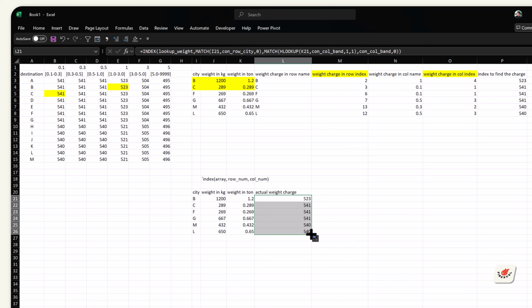523, and now we return every value. Now if we read this formula, it's pretty easy. We're saying we are looking up a range, which is the lookup weight, and then we're using the condition row city to find a row number, and also using the condition column band to find a column number. And then we supply these three parameters into this INDEX formula. We found the corresponding value for the weight charge for a particular city when the weight